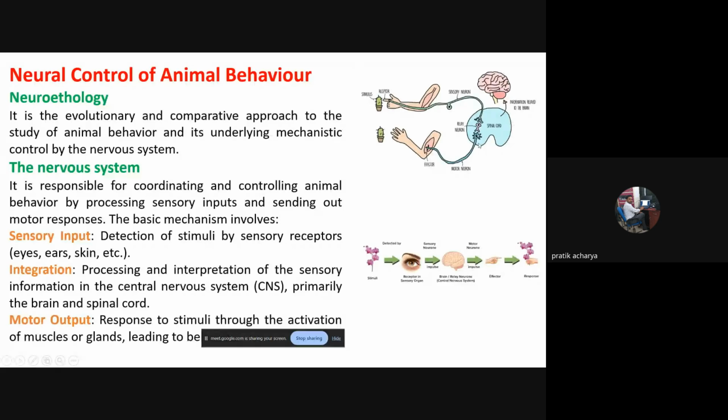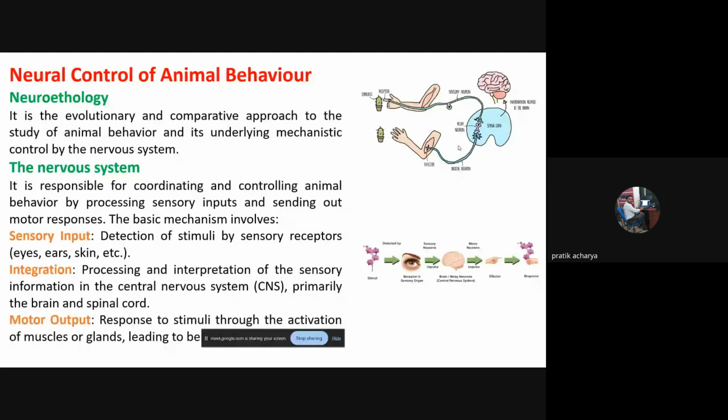These two are our central nervous system parts, and they start deciding, converting this incoming message to an outgoing message by a pattern of neurons known as interneurons or the integration pattern. This is the processing and interpretation, which is done by interneurons in the central nervous system,